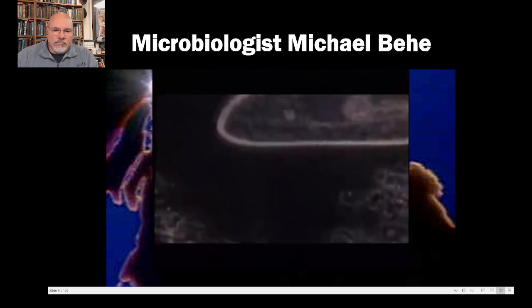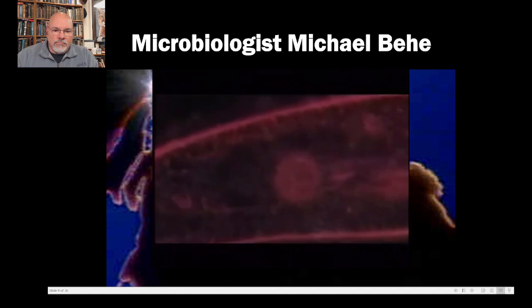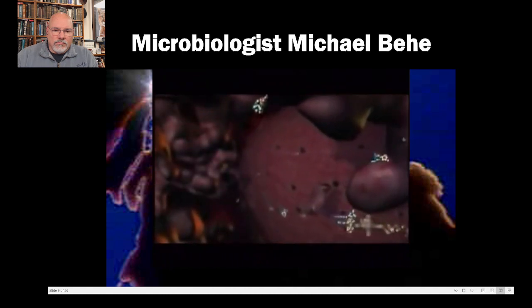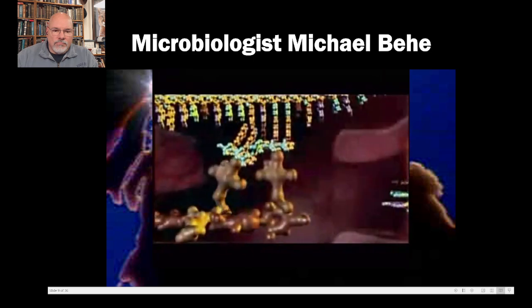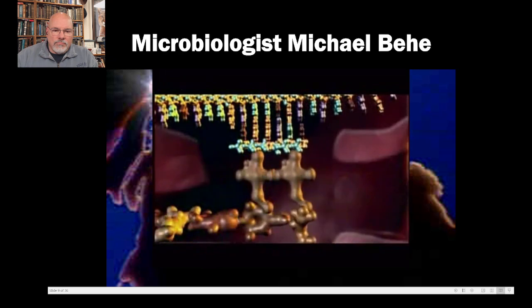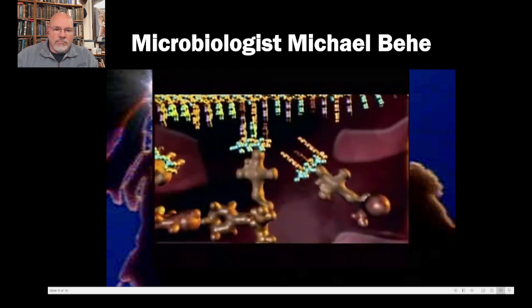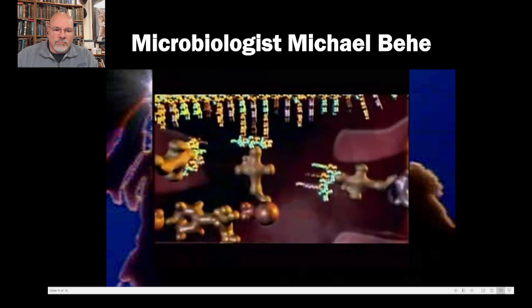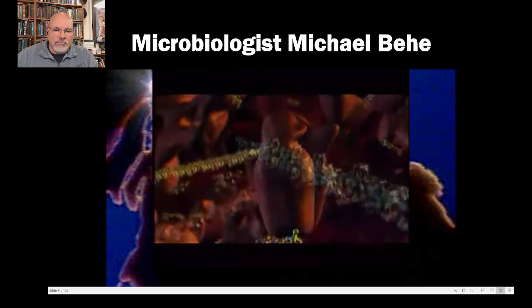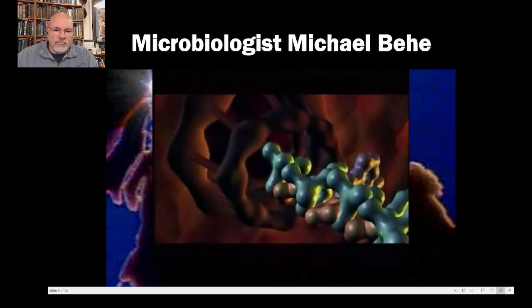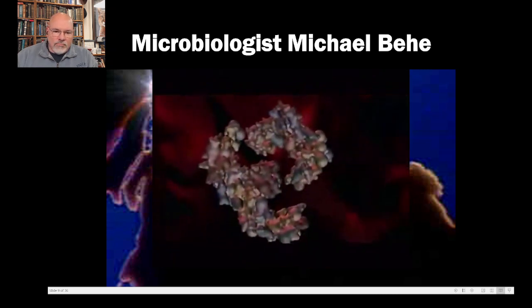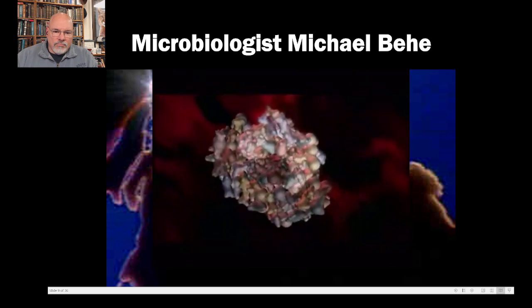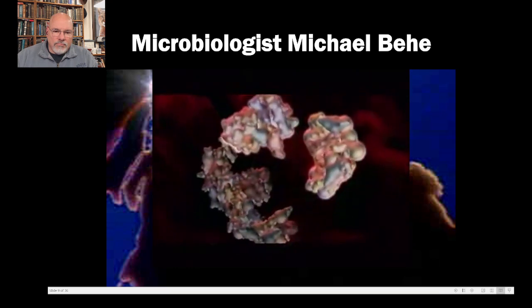With computer animation, we can enter the cell. Here, the staggering complexity of its molecular machinery is clearly seen. It's like going into an automobile factory. The factory has a large number of machines. The parts have to fit together in very specific ways to do their jobs, and if things go wrong, the cell is in big trouble. And just one cell is enormously complex, but humans, you and I, are made from trillions of cells, and those trillions of cells have to fit together in the right way and do their own job.